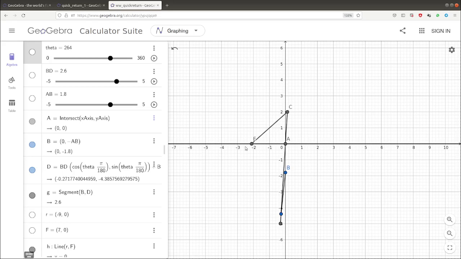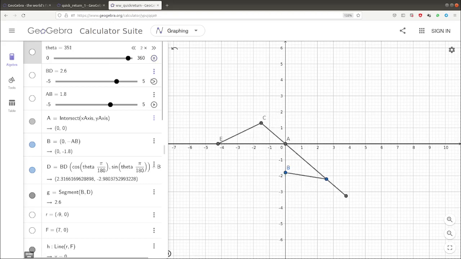I want you to identify whether there is any relation between the length between A and C, and the stroke length. So just identify it. Thank you.